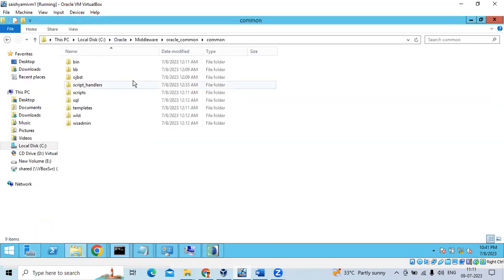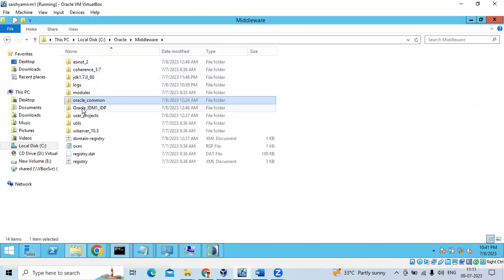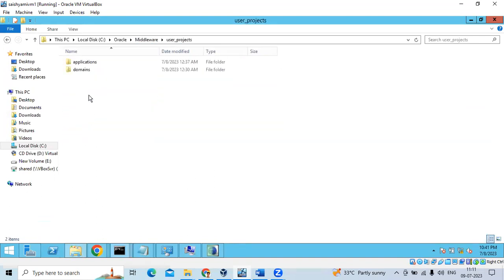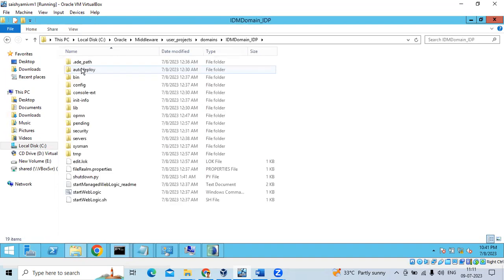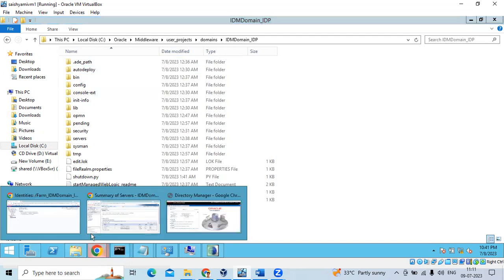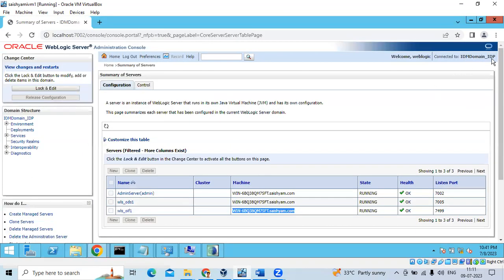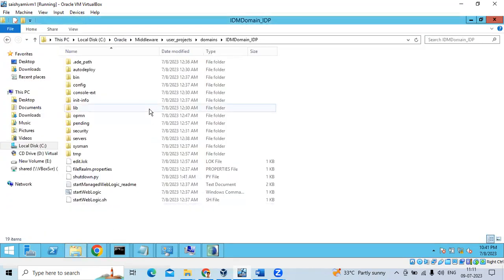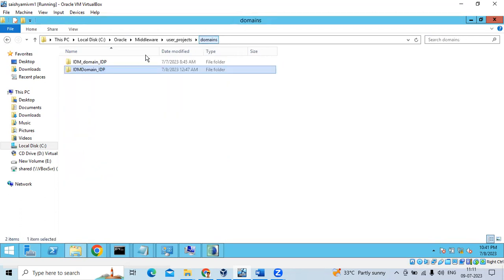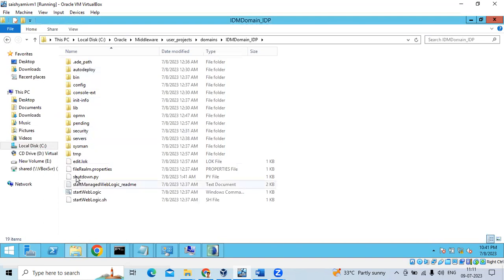In order to start the managed server, what you have to do is go to Oracle middleware, then user projects, domains, and go to this particular domain. I think this is the correct domain. Don't get confused, guys, you might be seeing one more domain. So if you go here,